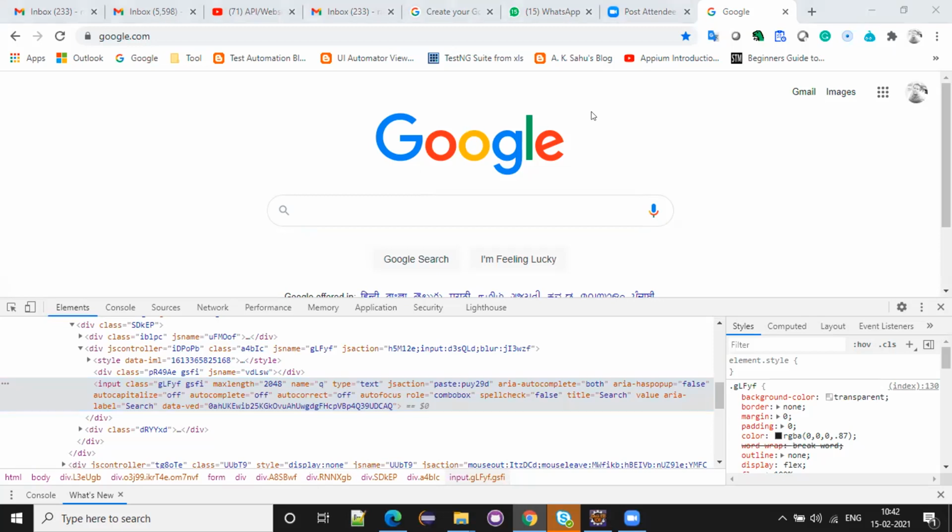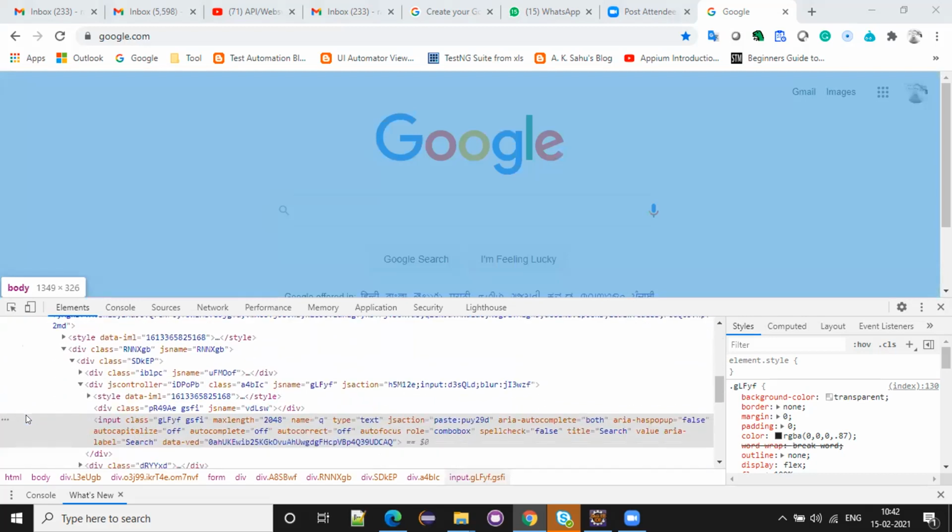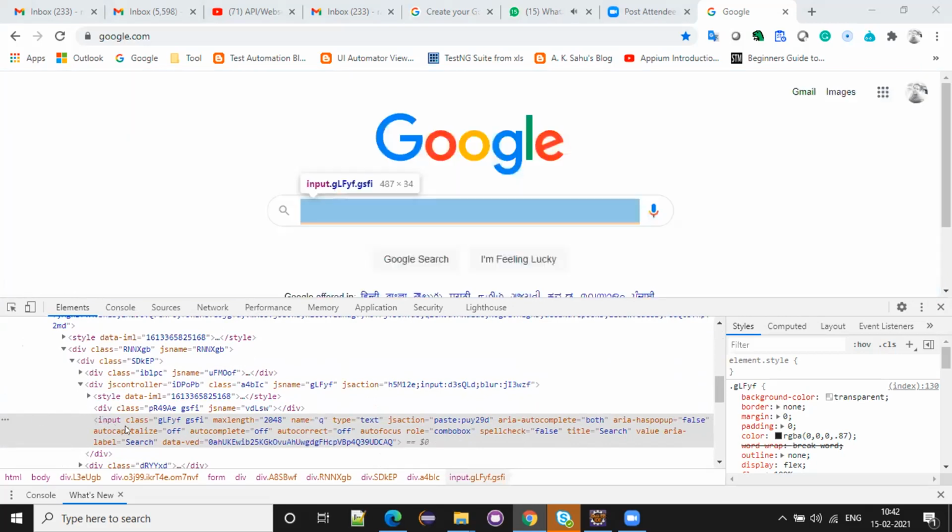So what is absolute? It will start with a single slash and start from the HTML. Your HTML starts from here. That is an absolute XPath. A relative XPath starts from the immediate child. This is the input box, and from here it is the immediate child.